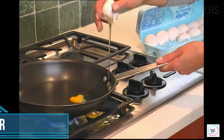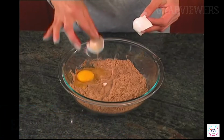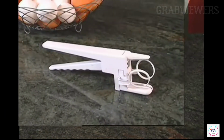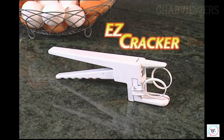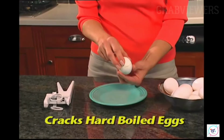can crack 'em this way. You can crack 'em that way. And we've all done this. But no matter how you crack 'em, you always end up picking out eggshells. Not anymore. Introducing Easy Cracker, the ingenious new product that lets you crack open eggs, separate eggs, even crack hard-boiled